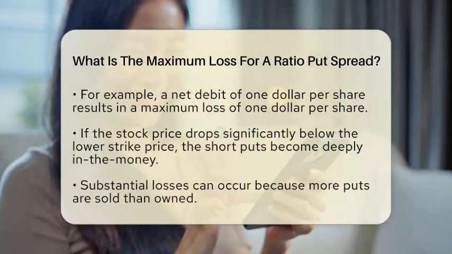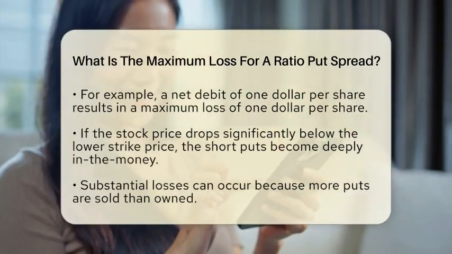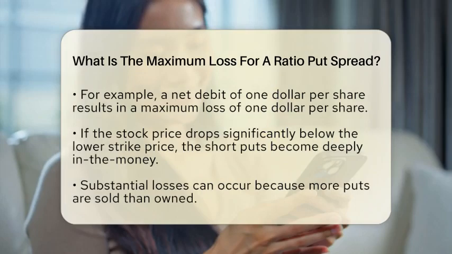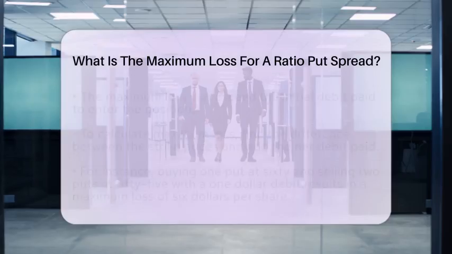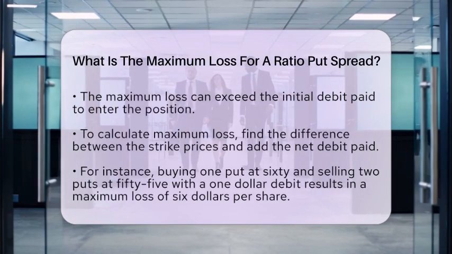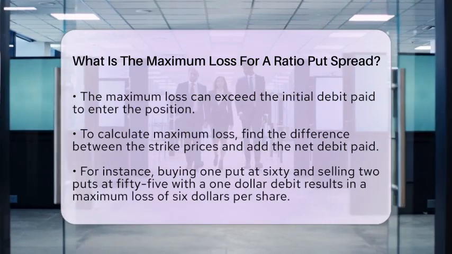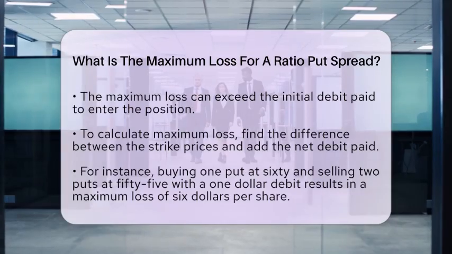To calculate the maximum loss, you generally look at the difference between the higher and lower strike prices, then add the net debit paid or subtract the net credit received if the spread was opened for a credit. This calculation reflects the worst-case scenario where the stock price falls well below the lower strike, causing the short puts